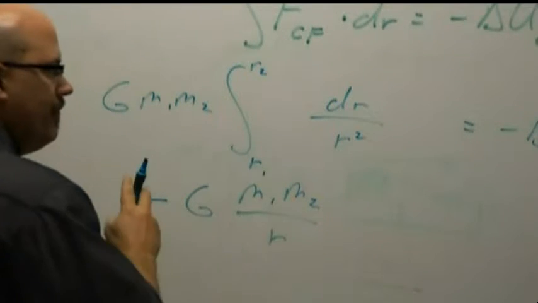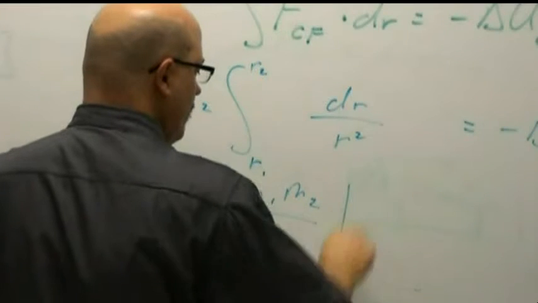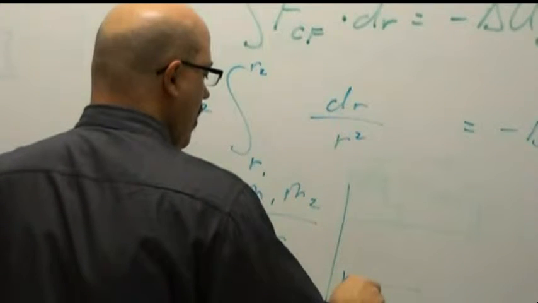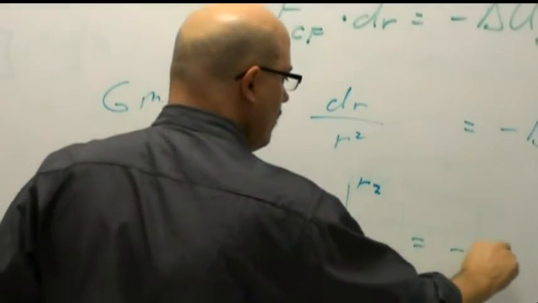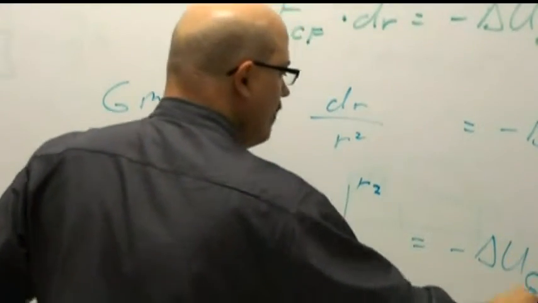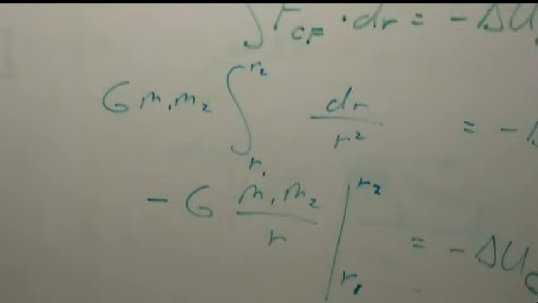Oh, sorry, wait, over r. Can you say it's a negative from R2 to R1? R1, R2. It works out. How did you double account for that? Hang on. All right, does everybody see that